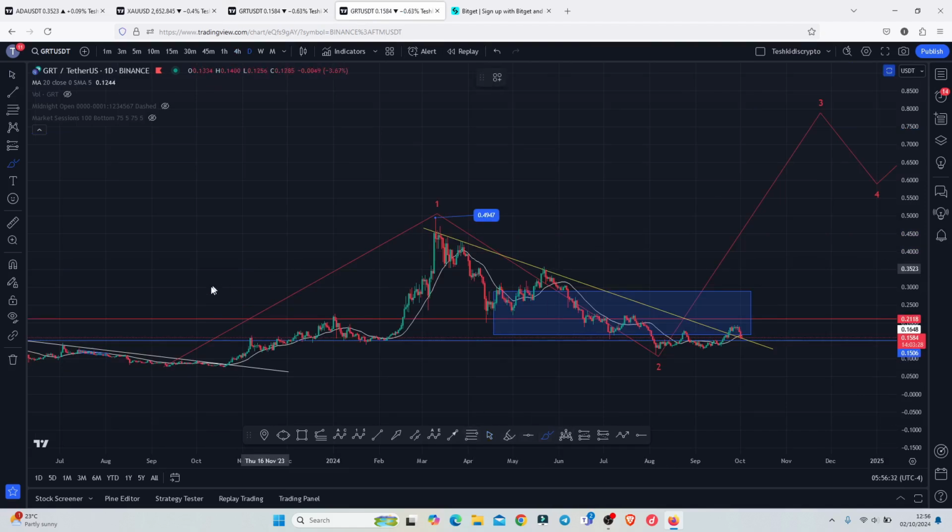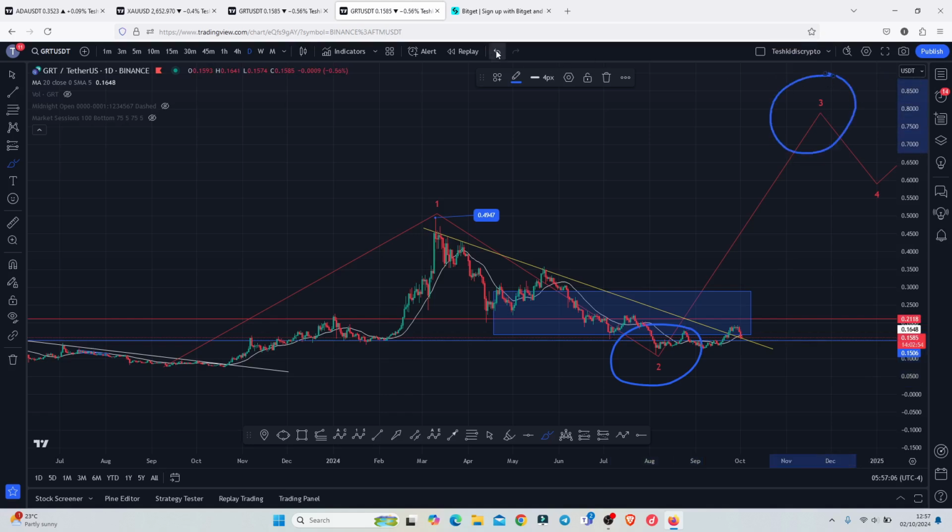Jumping to the daily chart, on the daily chart I'm still expecting that the graph is going to give us more than a 10x in this bull market, where you can see that after making our bear market lows, we saw an aggressive bounce to the upside in a move that peaked above the 0.4947, completing this Elliot wave count 1. Then we started a bit of a short-term pullback in an Elliot wave count 2, fully maximizing the minimum target areas highlighted on the charts, and there are high chances that we have the lows for the second wave in place,